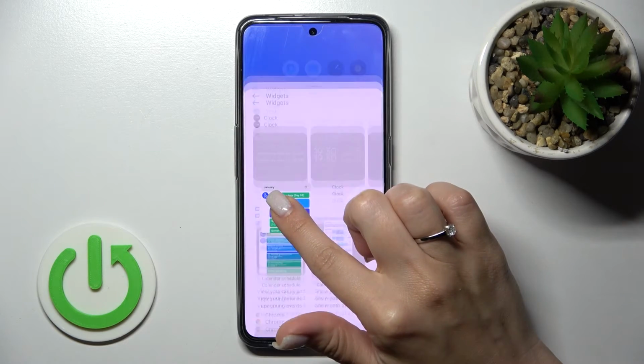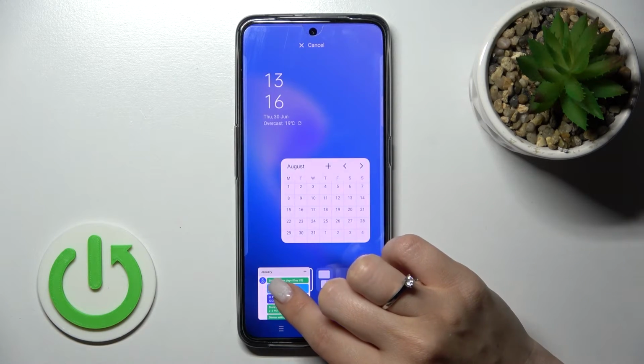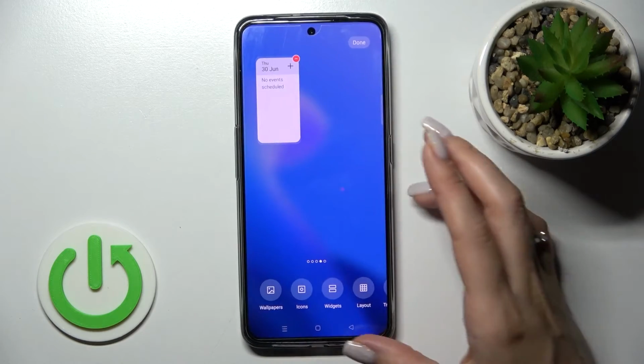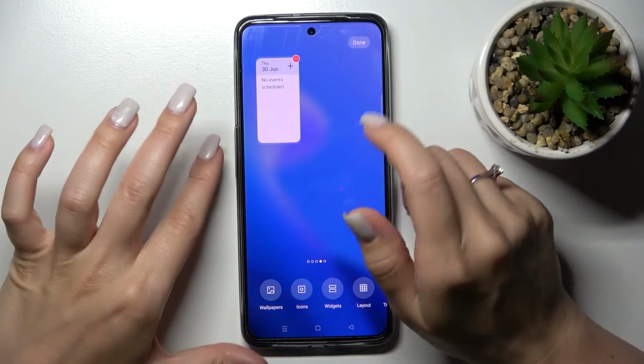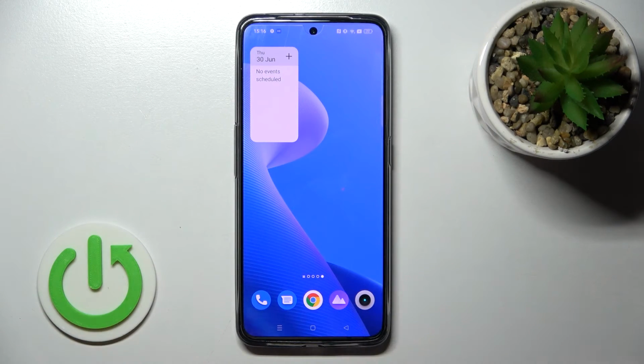Let's add the schedule. Just hold it and add it here, or if you want you can select the screens here. We can also go with a new screen just to have a little bit more space. Then just click here on done, and now we can see that we successfully added the home screen widget